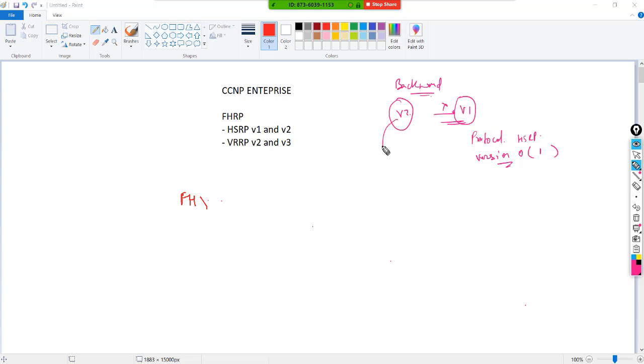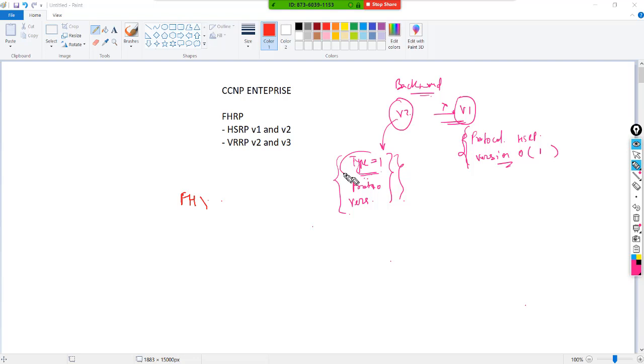But in the case of version 2, the packet structure is not similar to version 1. It's going to have an additional component called type. This type is integrated with your protocol and the version, and that's why they are not compatible, because it is easily detectable that this is part of HSRP version 2.